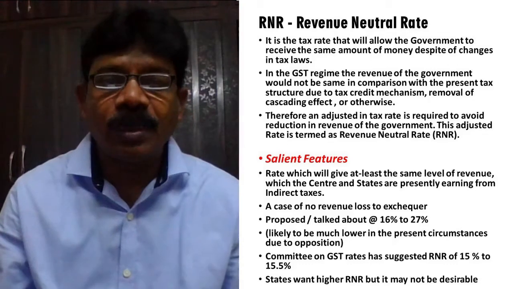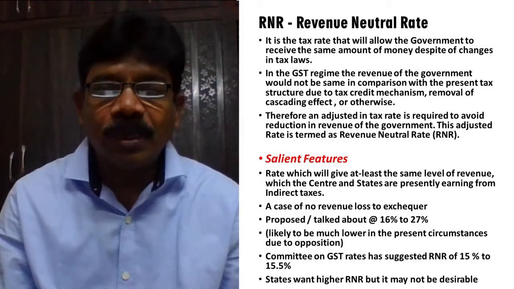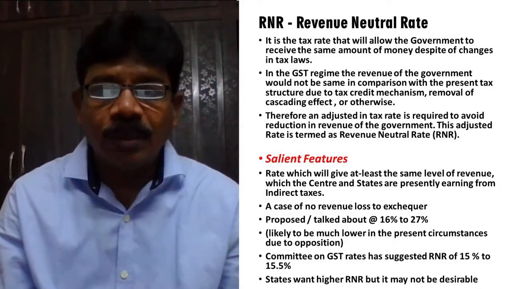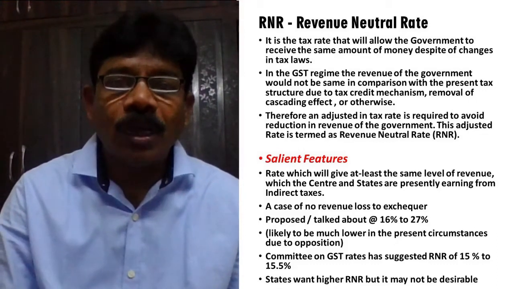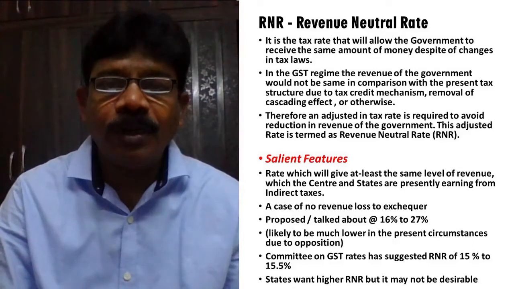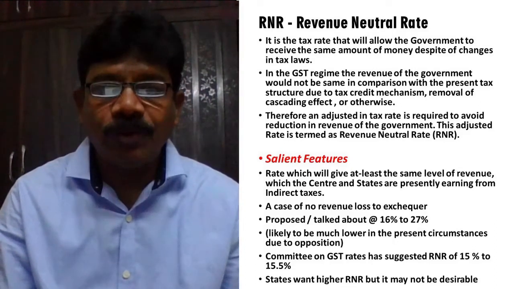On cars, it is charging 28%. But on tractors, I don't know, but I hope it will be 12%, I think. Okay. So RNR is the revenue rate or tax rate, at which the government should not lose the revenue